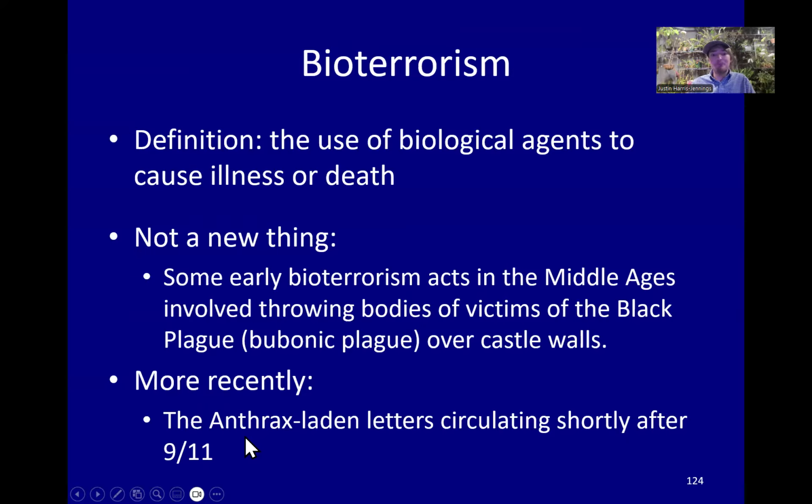So anyway, something that's happened before is someone had sent out letters to politicians and government officials within the US government and Pentagon and things like that. And these letters had powdered endospores from Bacillus anthracis that they had harvested and put in this envelope so that when you opened it, it would aerosolize this powder. You would inhale it and you would get